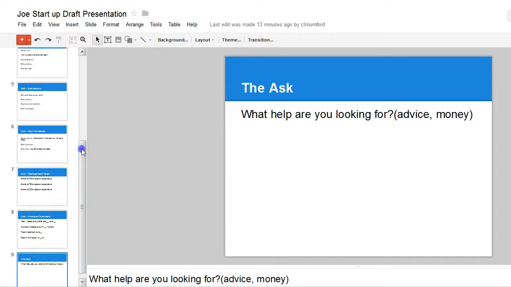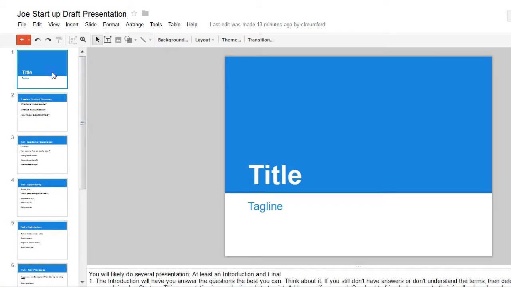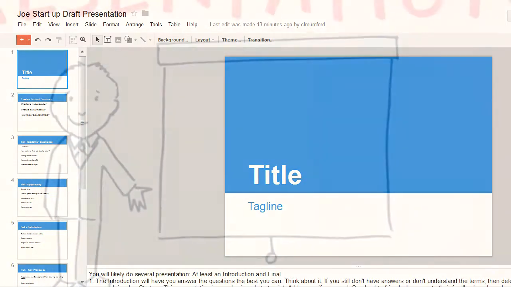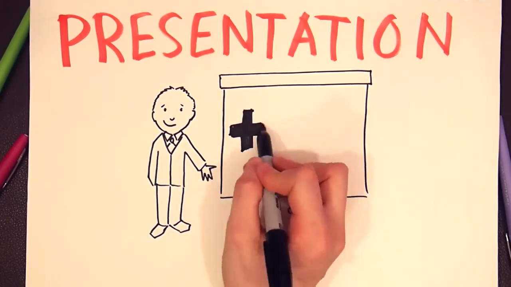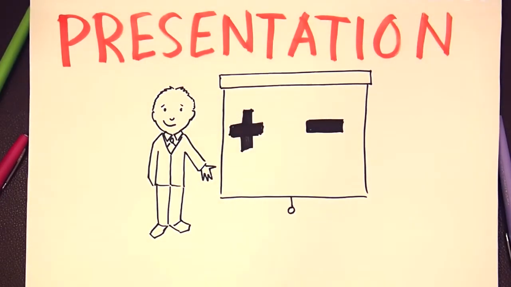So there you go. You are all ready to start up a draft presentation. The key is to keep the presentation updated and add or subtract pages depending on the target audience. Today we discussed preparing